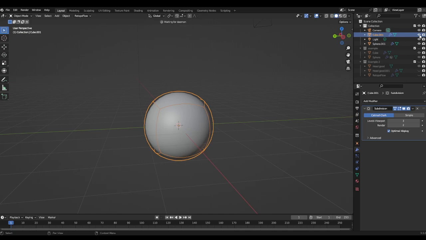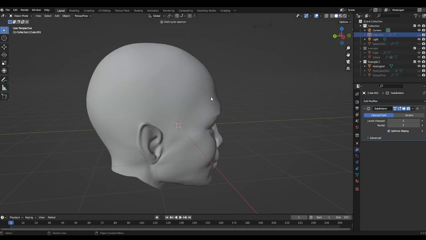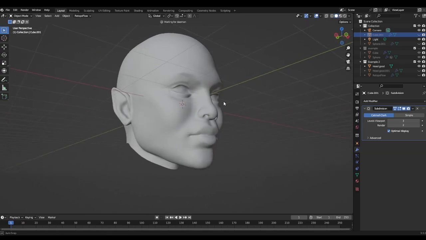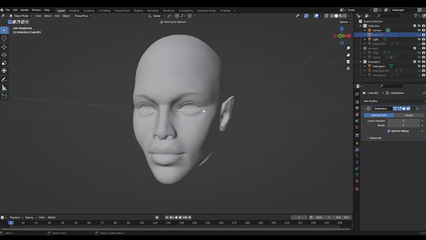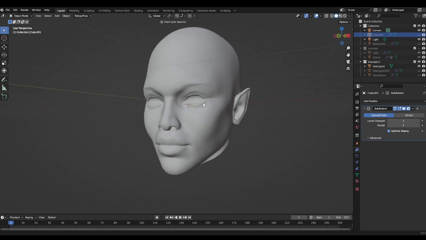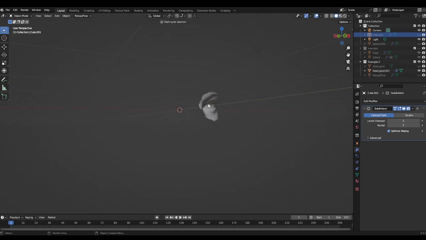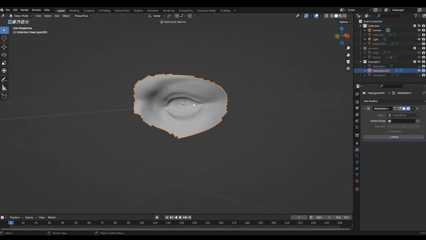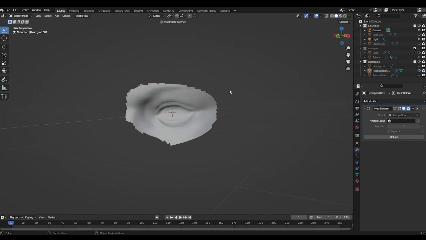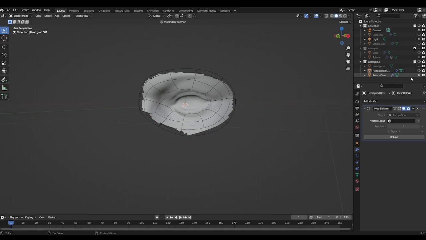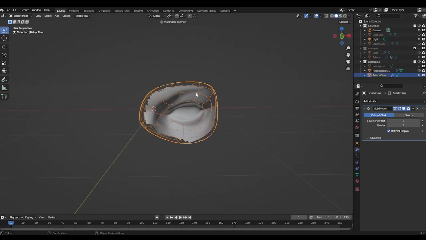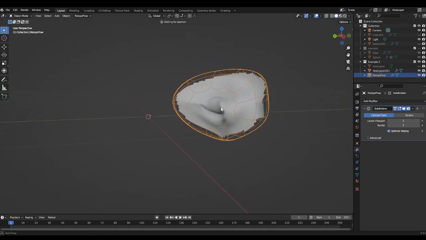Now for a more complex example, I have this strange head that we can use. And to save time, I've cut out a section of that head. So I just took this piece of eye, just here, this eye segment. Messy topology, doesn't matter. And what I did was I recreated this around it. So I found that if you